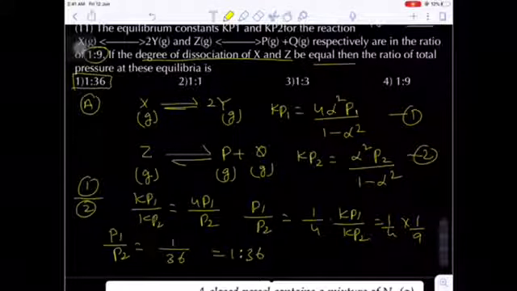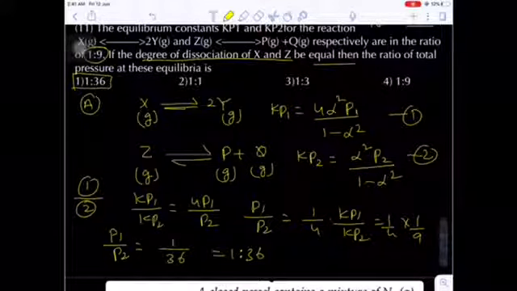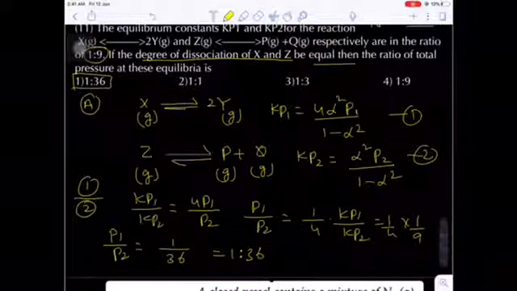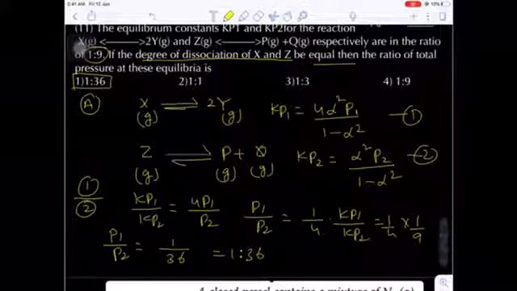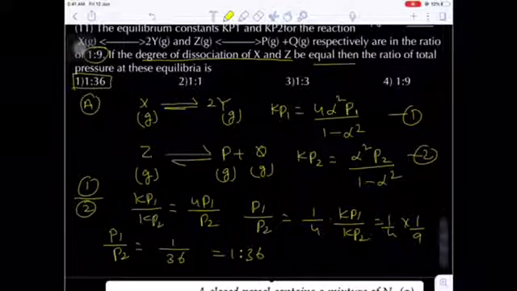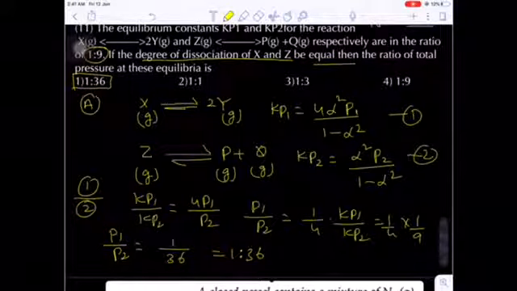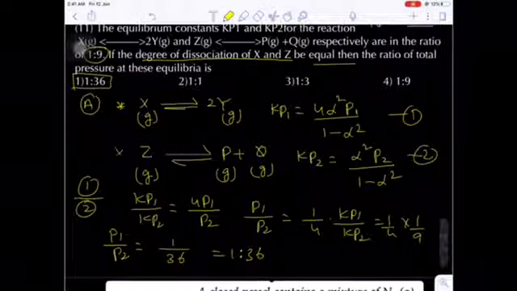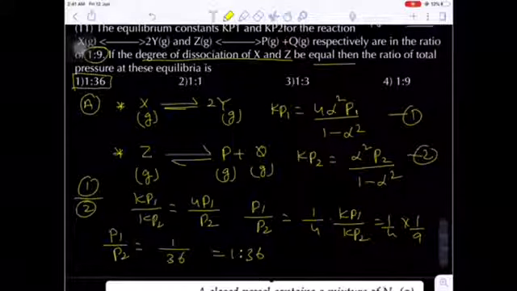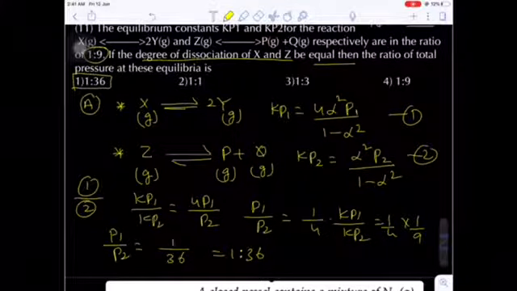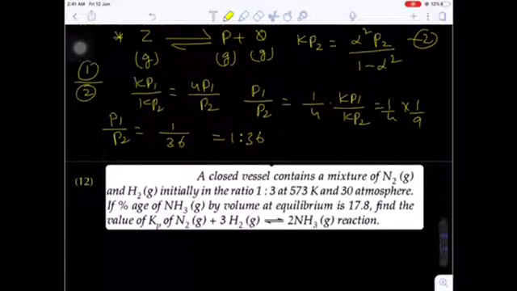1:36. This is the first option. Remember, I am directly using the Kp expression here. So if possible, please practice the Kp expression. Otherwise, every time we have to derive the expression, which is a time wasting process. Okay, both this expression and this expression are very important. So we have to practice the Kp expression. Otherwise, we first have to derive the Kp expression, and only then can we continue.